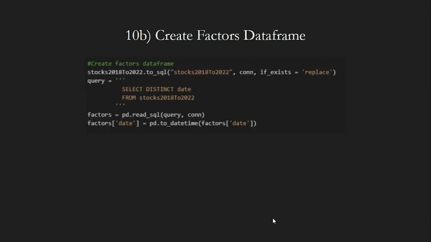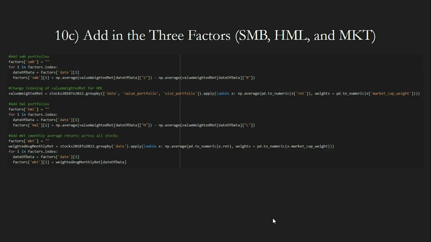Next, we create the factors data frame, and we no longer need the firm identifier since there's only one value of data for each factor for each date. So we only select distinct dates from the stocks data frame. Then we add in the three factors for the SMB. We take the difference between the equal weight average of the three weighted average return for small firms, three being high, medium, and low book to market ratio, and the equal weight average of the three weighted average return for